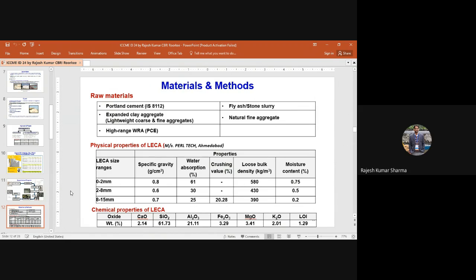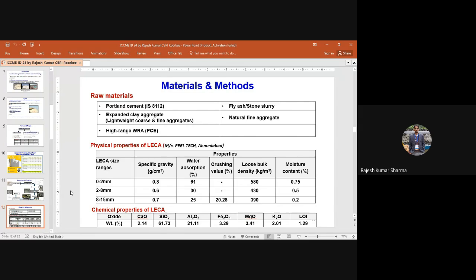Regarding raw material, we have used OPC 43, fly ash, class A fly ash, and stone slurry. We have used LISA of different size fractions, as you can see here in the physical properties of LISA: the specific gravity, water absorption, crushing value, loose bulk density and moisture content we have determined, and chemical properties of LISA